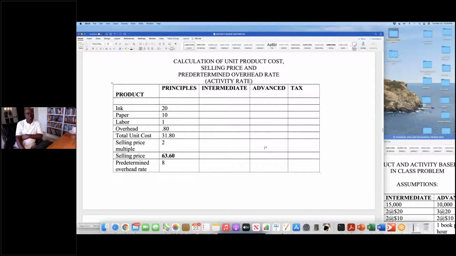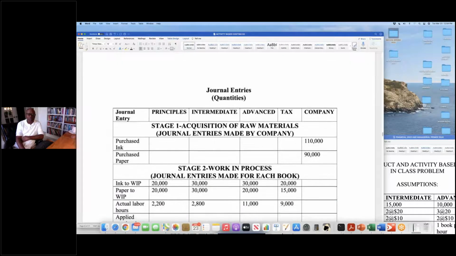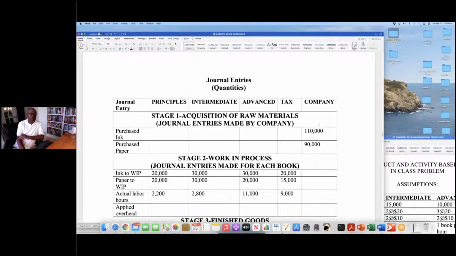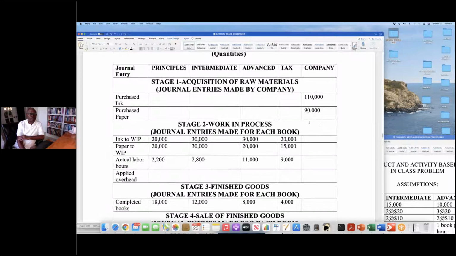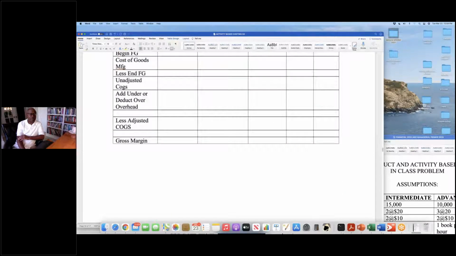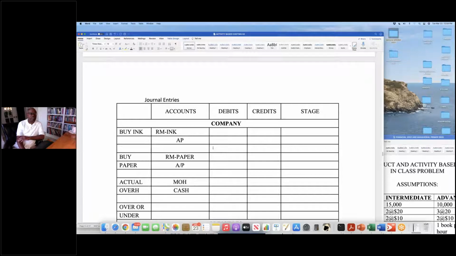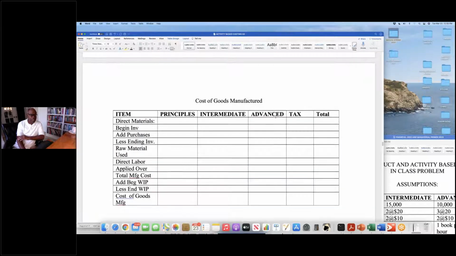Any questions by anyone? So each book is supposed to be doing this. With that, Team 9, you got your journal entries made yet? So Team 9, you all got to purchase the ink and the paper. So you need to make these journal entries and post them to the ledger. We'll let them work on that. So as they work on that,